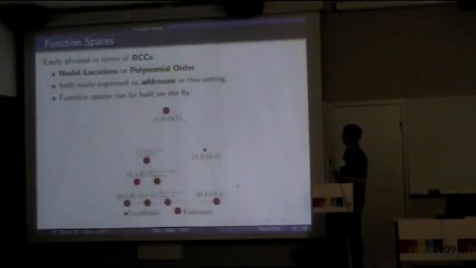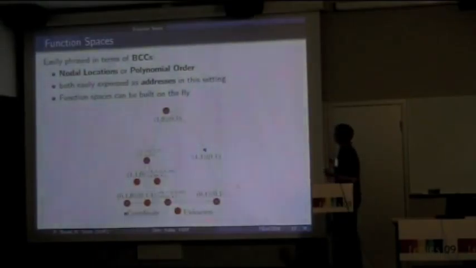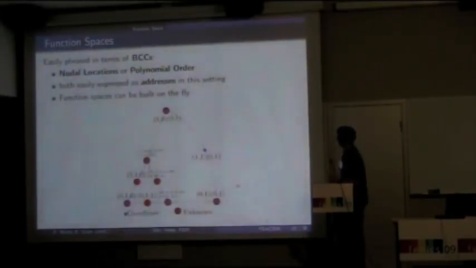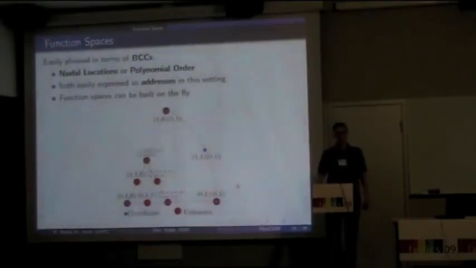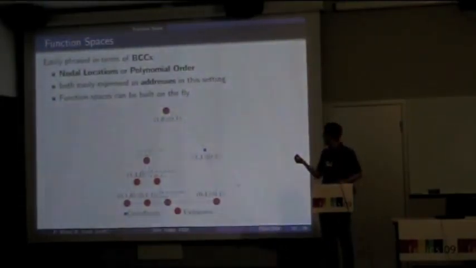So what we eventually want to get to is, so our definition of function spaces can also be very easily put in terms of the barycentric coordinates, wherein we have either nodal locations or polynomial order in terms of our tuples of barycentric coordinates for each subspace. So, of course, they can be expressed as addresses, either as mixed polynomial order or as where on a given face they are. We also want, eventually, to be able to take a given cell,